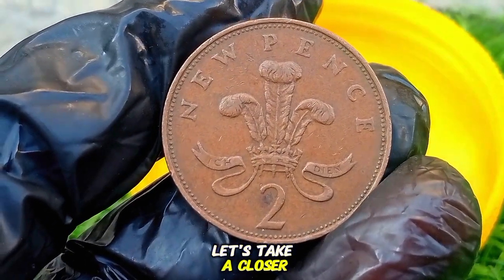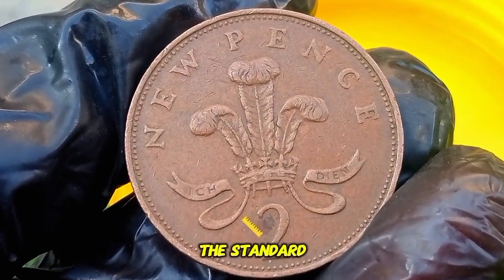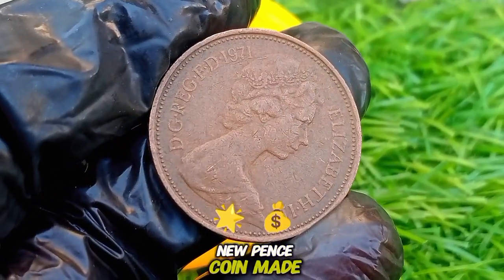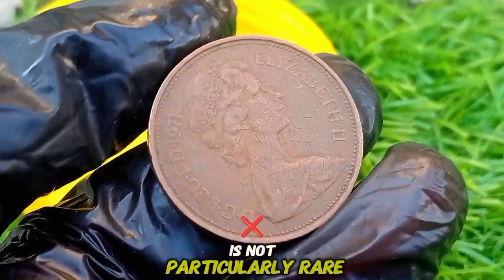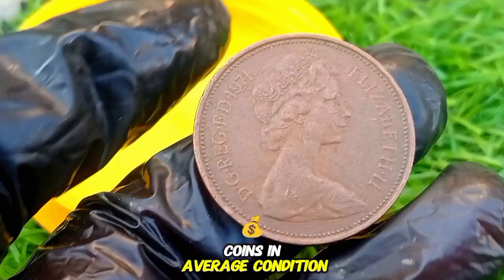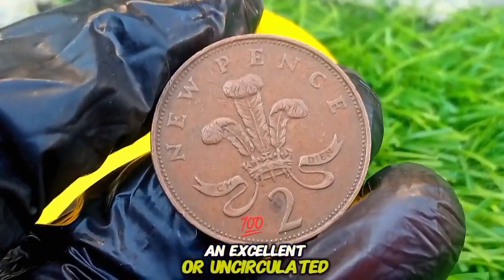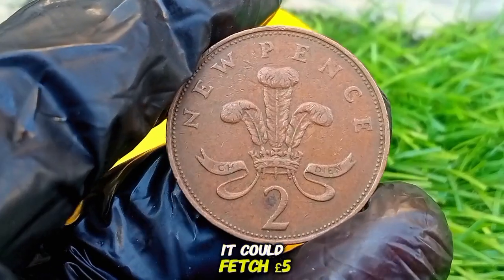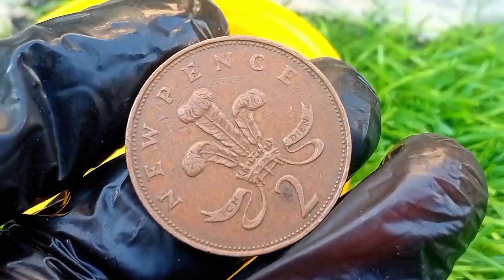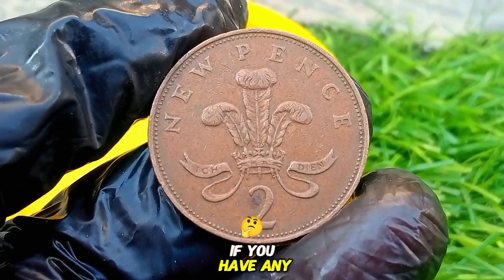Let's take a closer look. 1. Bronze version, common. The standard 1971 2 new pence coin, made from bronze, is not particularly rare, so its value is modest. Coins in average condition typically sell for around £1 to £3. However, if the coin is in excellent or uncirculated condition, it could fetch £5 to £10. While these aren't huge sums, they're still worth keeping an eye on if you have any of these coins in